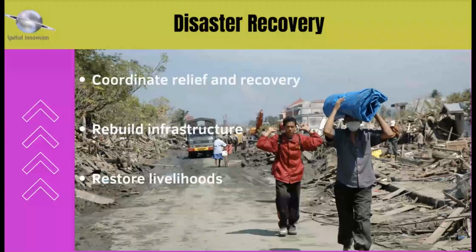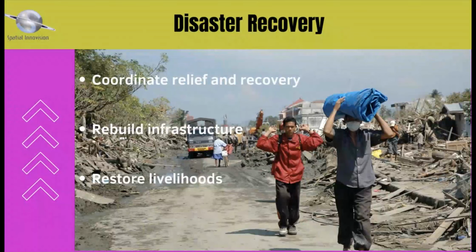ArcGIS solutions are of immense value during the recovery phase of disaster management. Its field applications prove particularly useful in assessing damage, enabling prioritization of recovery efforts, and efficient resource allocation. Additionally, ArcGIS communicates essential recovery information to the public through maps and applications, displaying damage locations, recovery status, and available